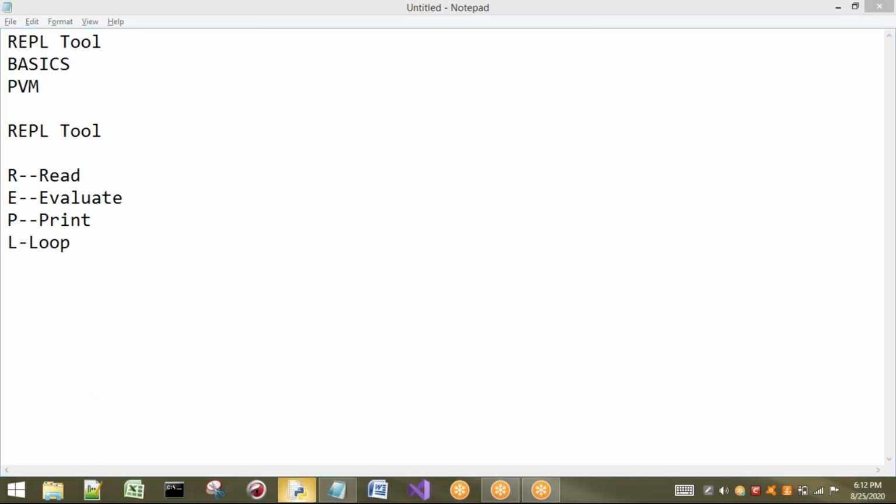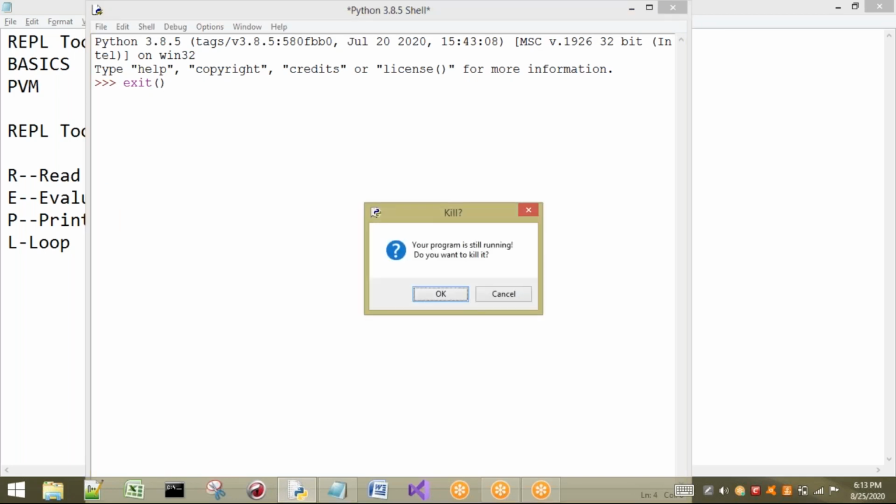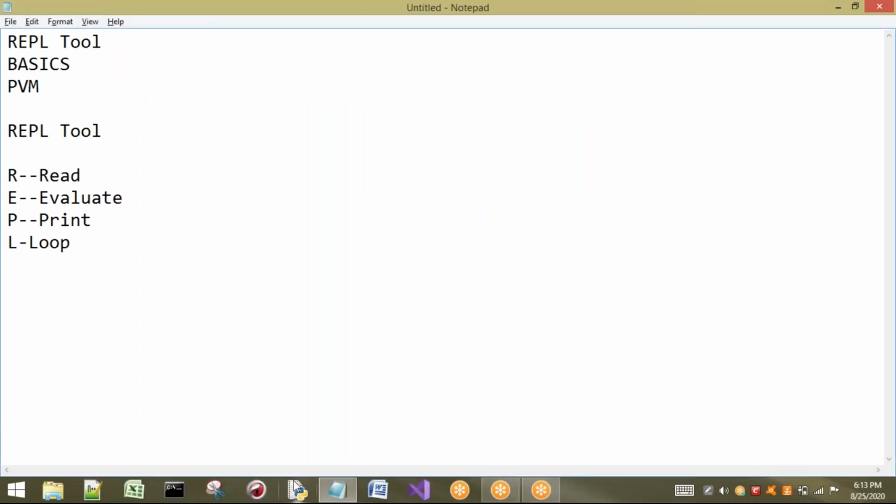So once again we have to open that REPL tool. We can say that one as an interactive shell, the Python interactive shell. Without a shortcut, I can also use two functions. One is the exit function. See here, I'm using the exit function. It is asking, your program is still running, do you want to kill it? If I want to close it, I just press okay.